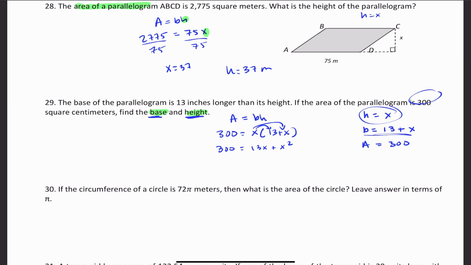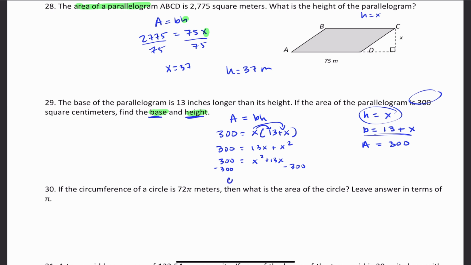And I'm going to rewrite this as 300 equals x squared plus 13x, okay? In fact, you know what I'm going to do? I'm going to go ahead and subtract both sides by 300 here, because I notice that I have an x squared and an x, yes? That means I'm dealing with a quadratic, so that's why I'm subtracting both sides by 300,